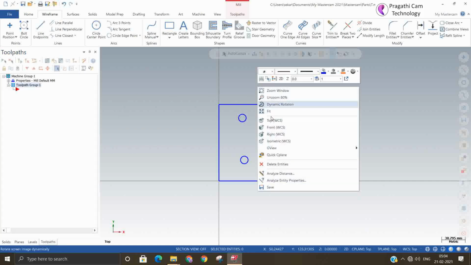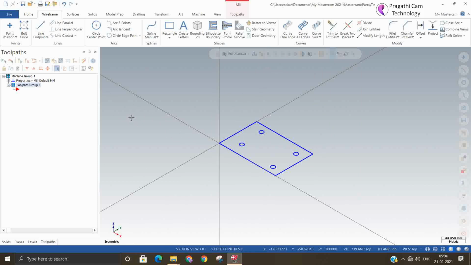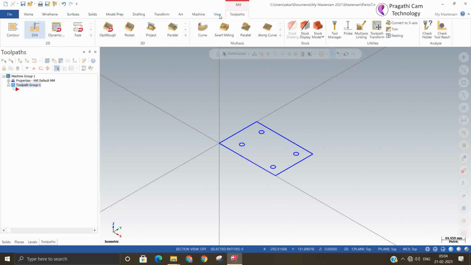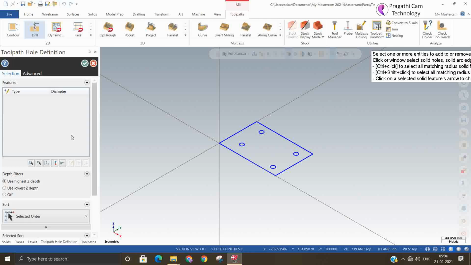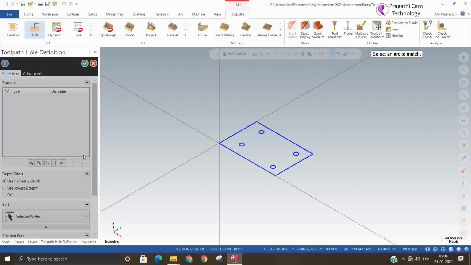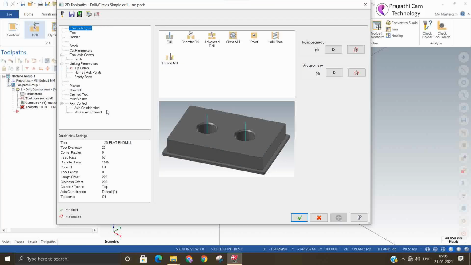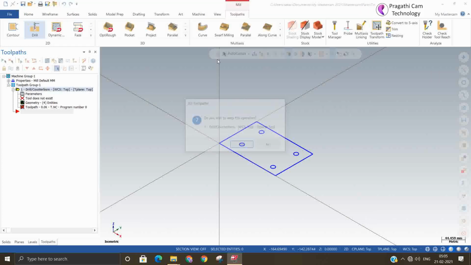Okay, for these four holes we are first going to do the drilling. So we'll go to toolpath. First we will do the center drill. You can switch on mask on, and automatically all four drill points are taken.